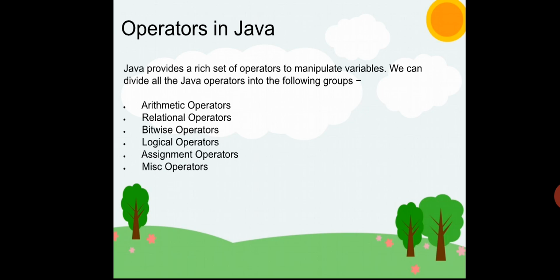It may be in C language or C++, or if you have gone for JavaScript or PHP, again you will be using so many operators. So here nothing special, except 2-3 operators which are actually introduced in Java, and in the rest of the programming languages you may not find such operators. We will deal with those operators as well in this particular session.